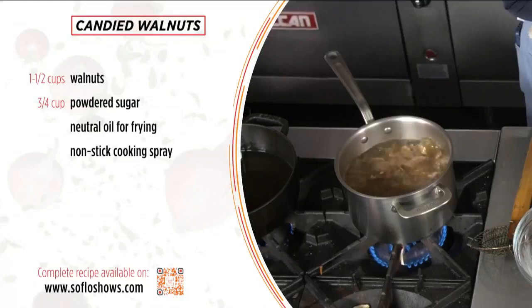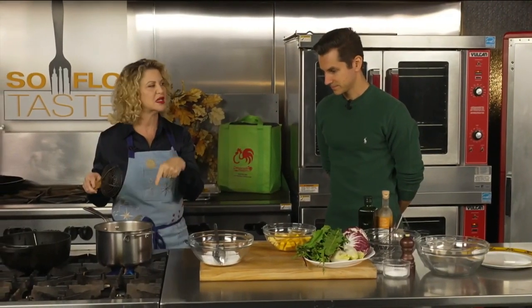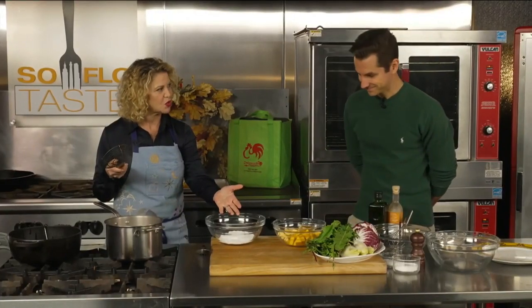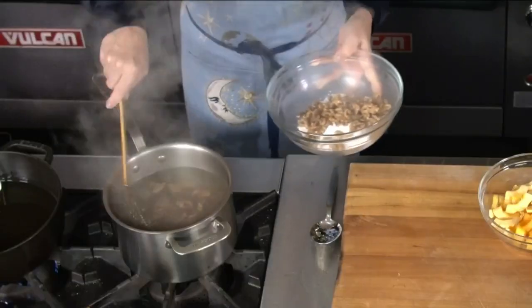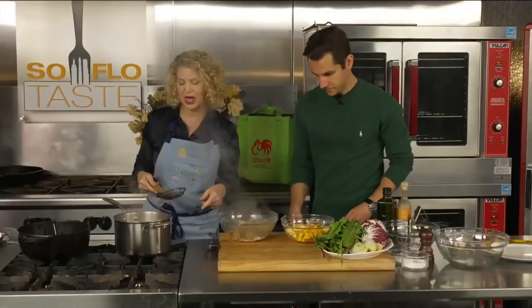I'm going to teach everyone how to make the most perfect candied nut. Okay. I have walnuts boiling, as you can see, in water. So this is powdered sugar, or confectioner sugar. What I'm going to ask you to do is I'm going to add the walnuts into it. I'd like you to start mixing it with that spoon that's just below it. So go ahead and mix,